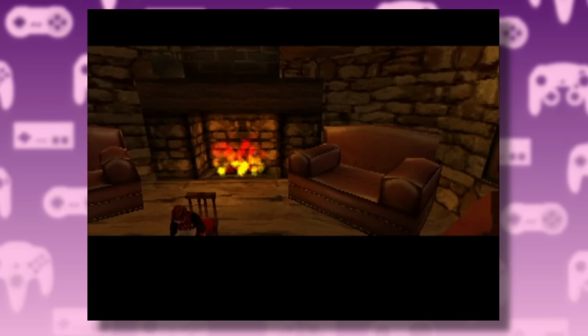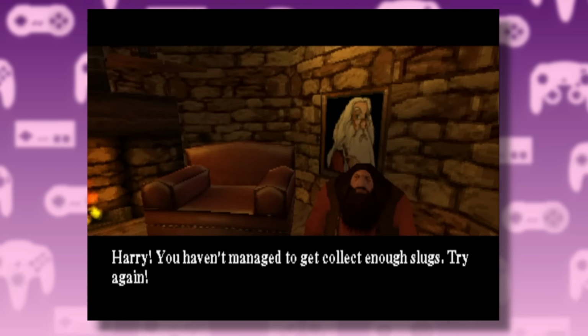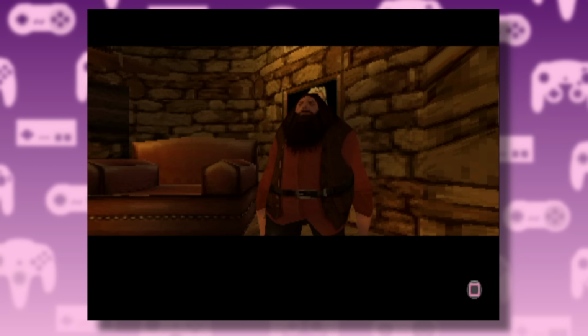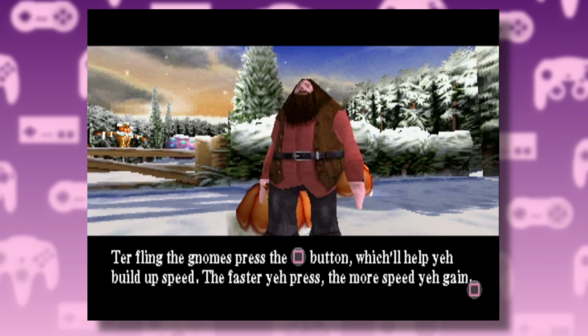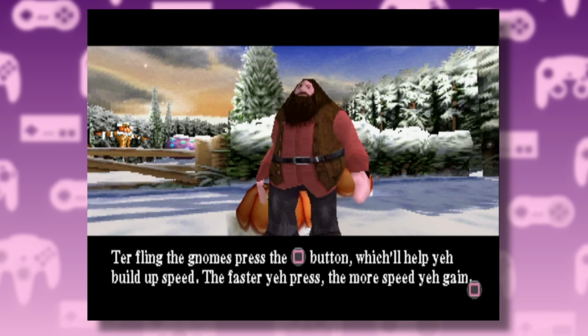But hey, at least everyone's favorite character from the first game makes a return. That's right, I'm talking about PS1 Hagrid. But in this game he's not wearing a coat, and he's also much lazier, making children do his groundskeeper duties